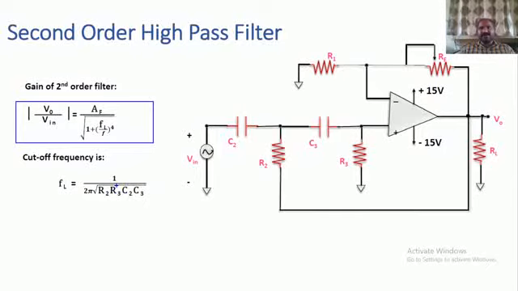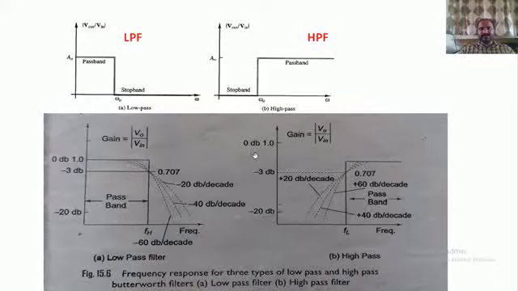Because the band pass filters, band stop filters, or band reject filters are constructed with the help of the low pass and high pass filters only. That too, they are constructed with the help of the first order low pass filter and the first order high pass filter. So before going to the next concept, band pass filters, yes, this is the explanation. We have seen that one, right?